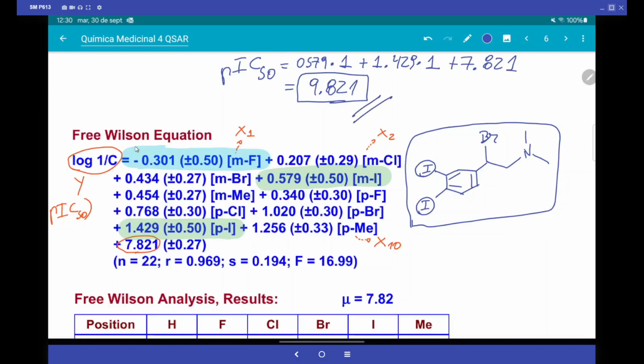As that value is higher than what was in the table, where the highest value is approximately 9.5, we are proposing something with a value higher than the study group. Therefore, the probability of success is high. That is the strategy behind making a QSAR study. This is the simplest QSAR study that can be done, called Free-Wilson analysis. To execute it satisfactorily you need good data dispersion and hard work with the statistics, because you will not necessarily obtain good statistics immediately, and there come the adjustments to the